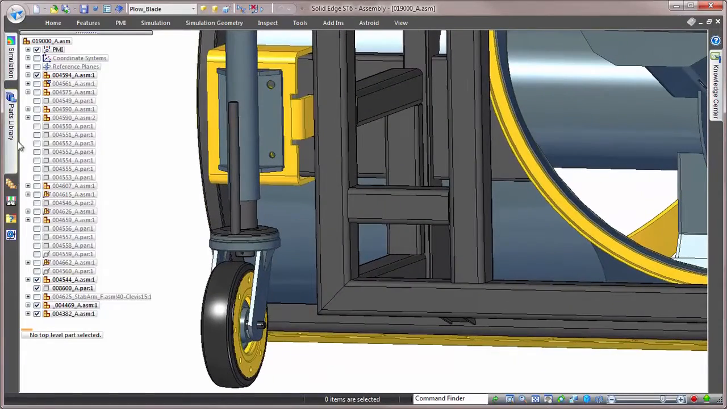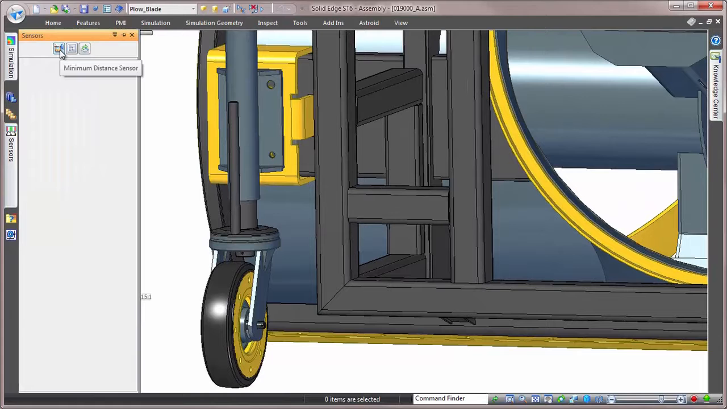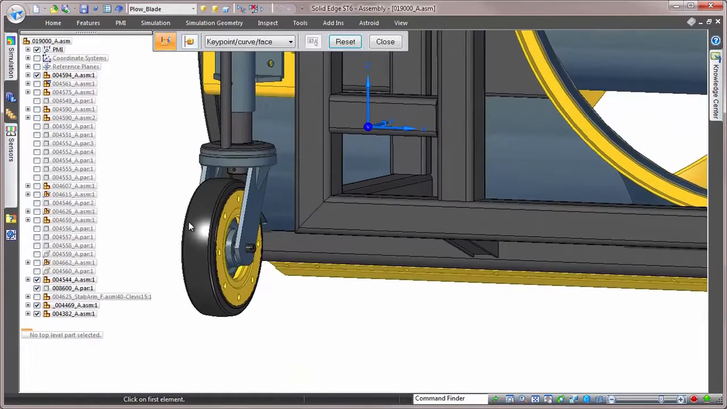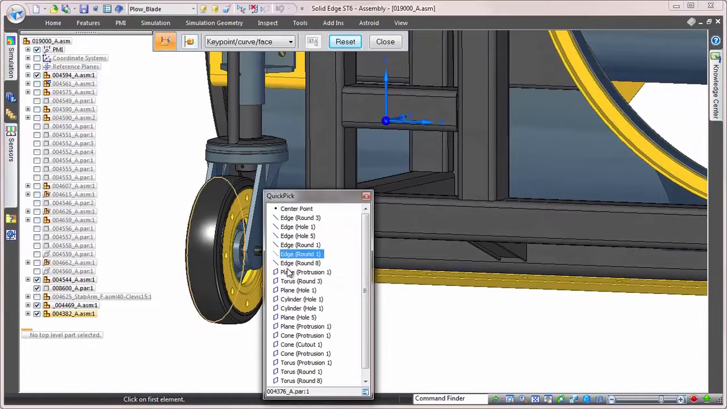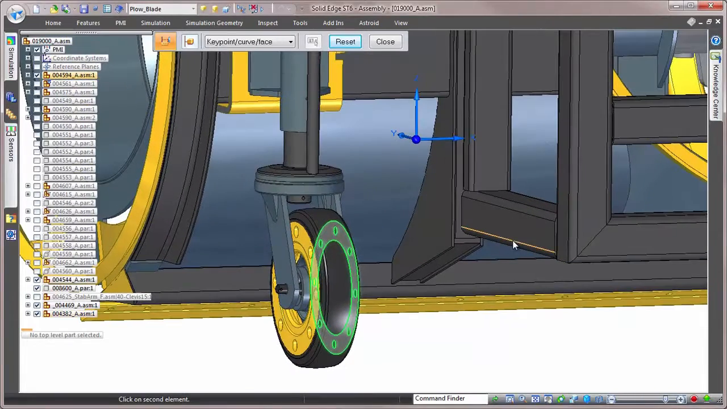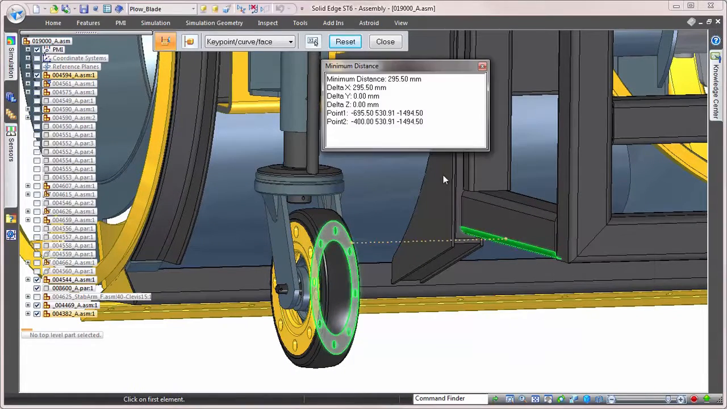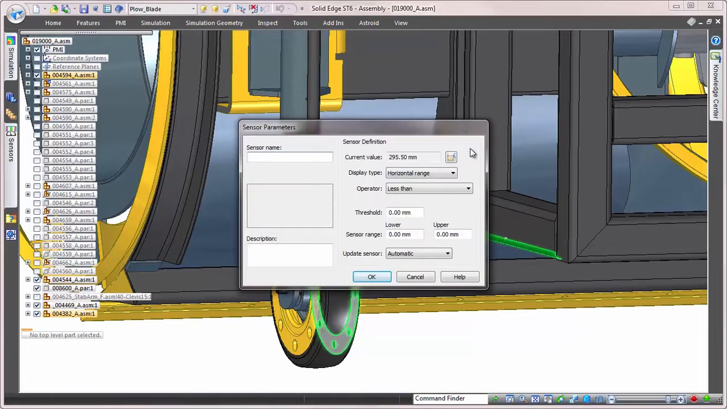Another great automation tool in Solid Edge is sensors. Sensors allow users to work freely, with Solid Edge looking after any standards that must be maintained. If a violation has been made during a workflow, Solid Edge lets us know. In this example, we need to maintain a certain clearance between the drag wheel when it's fully tilted to the